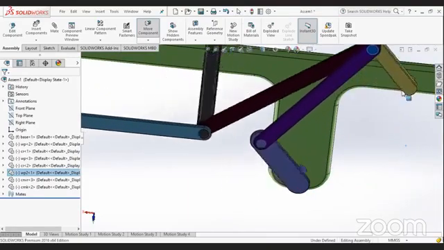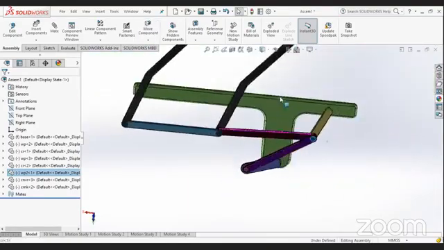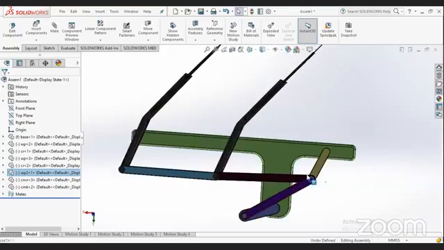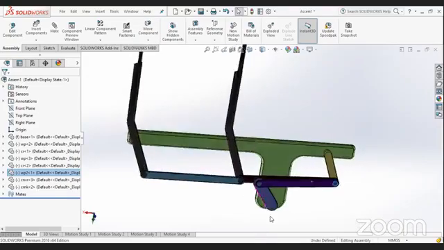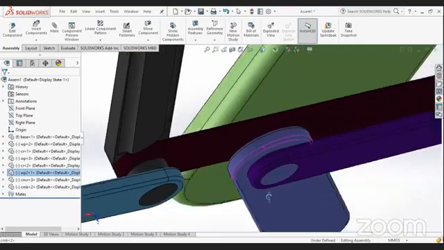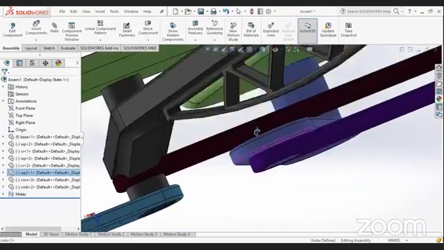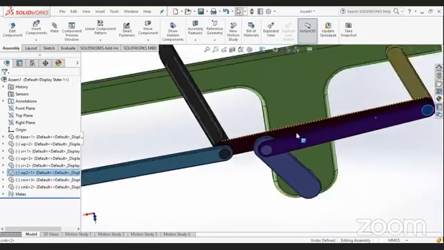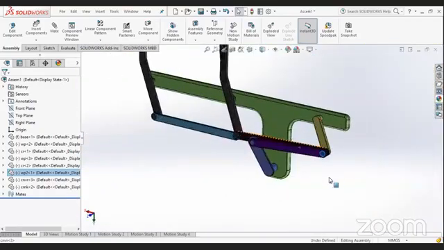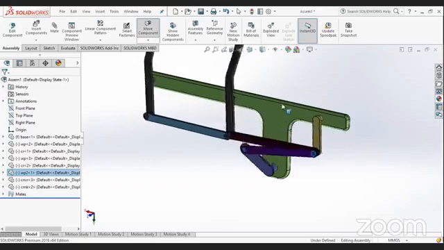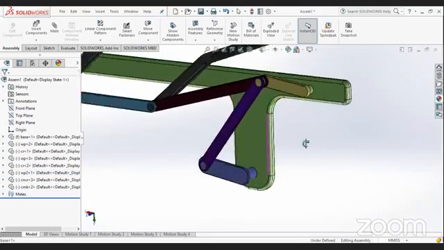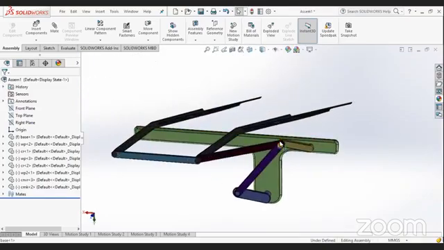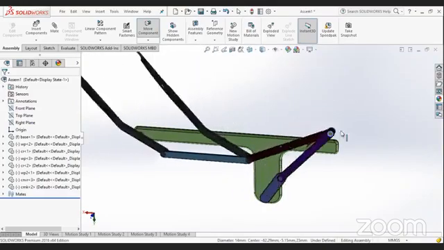It is also oscillating, and no overlapping is there. This is for a reciprocating pump. If you have a reciprocating pump, you can install it at this end, or if you want to link anything with this crank, you can definitely do it.